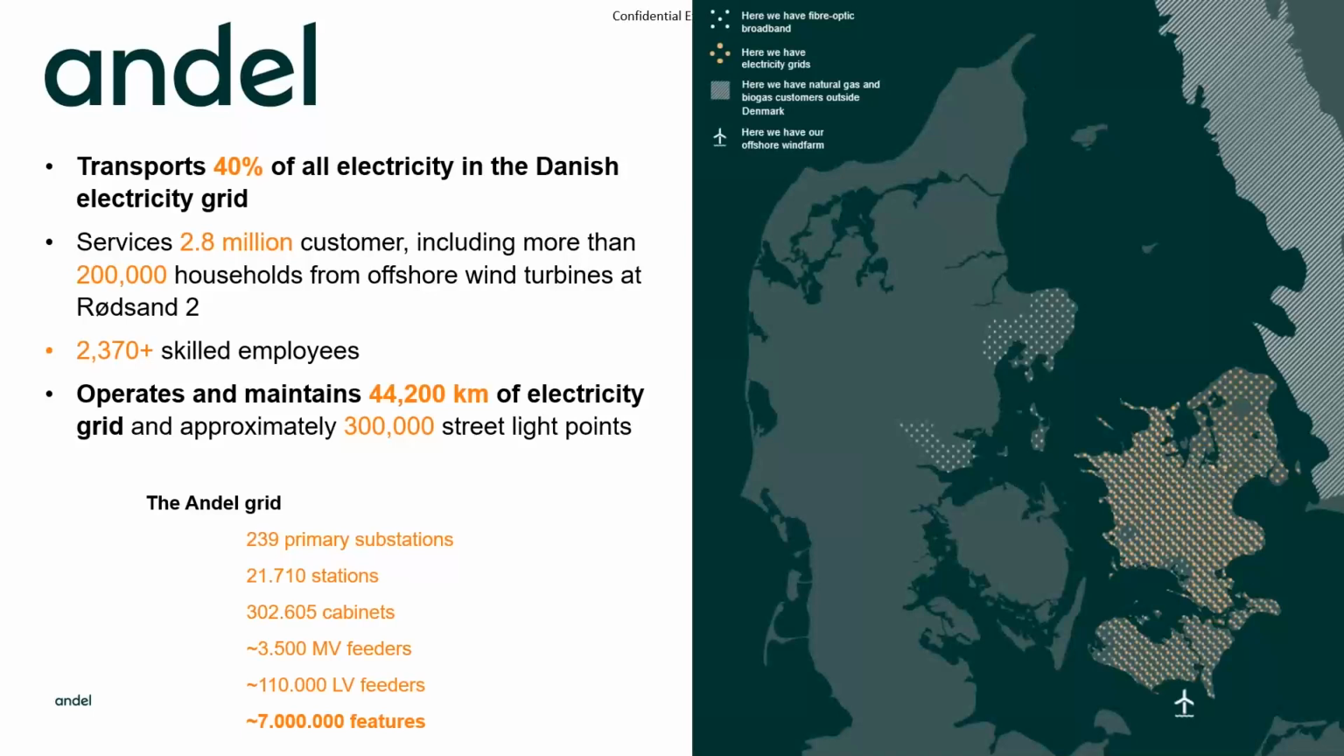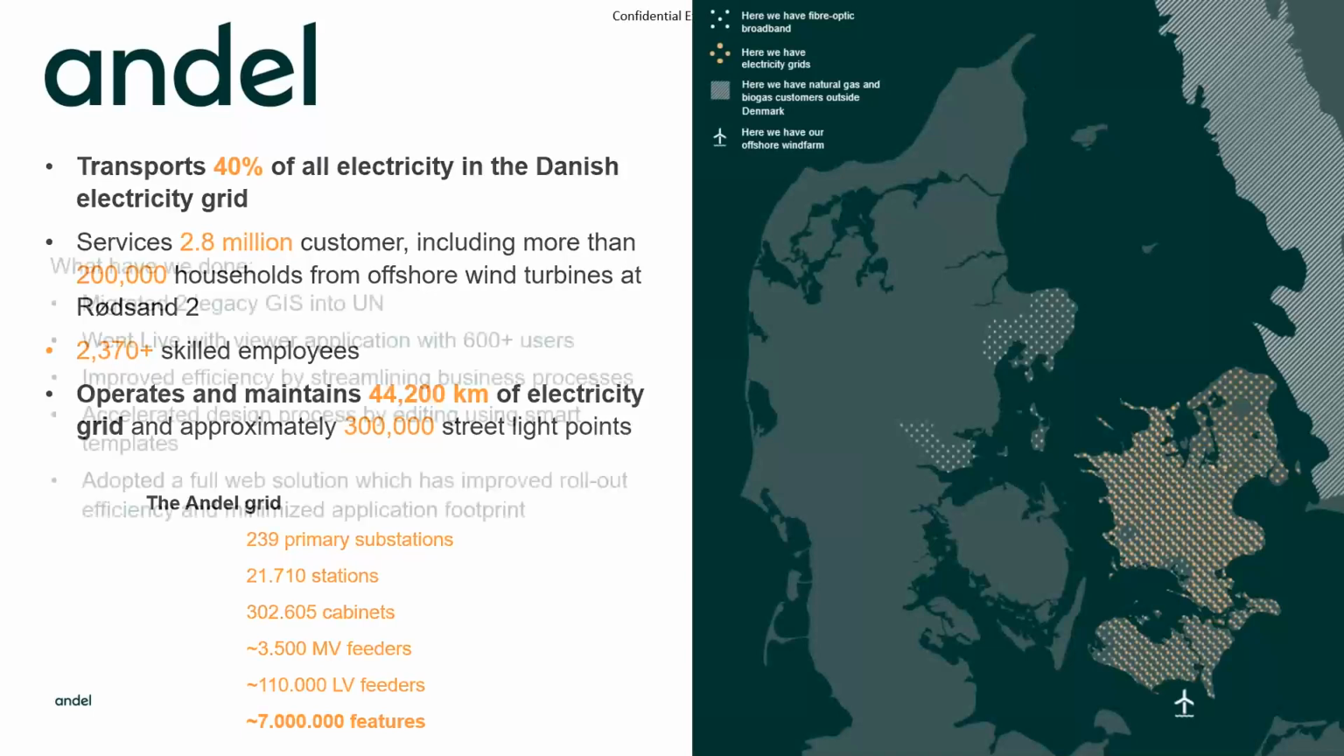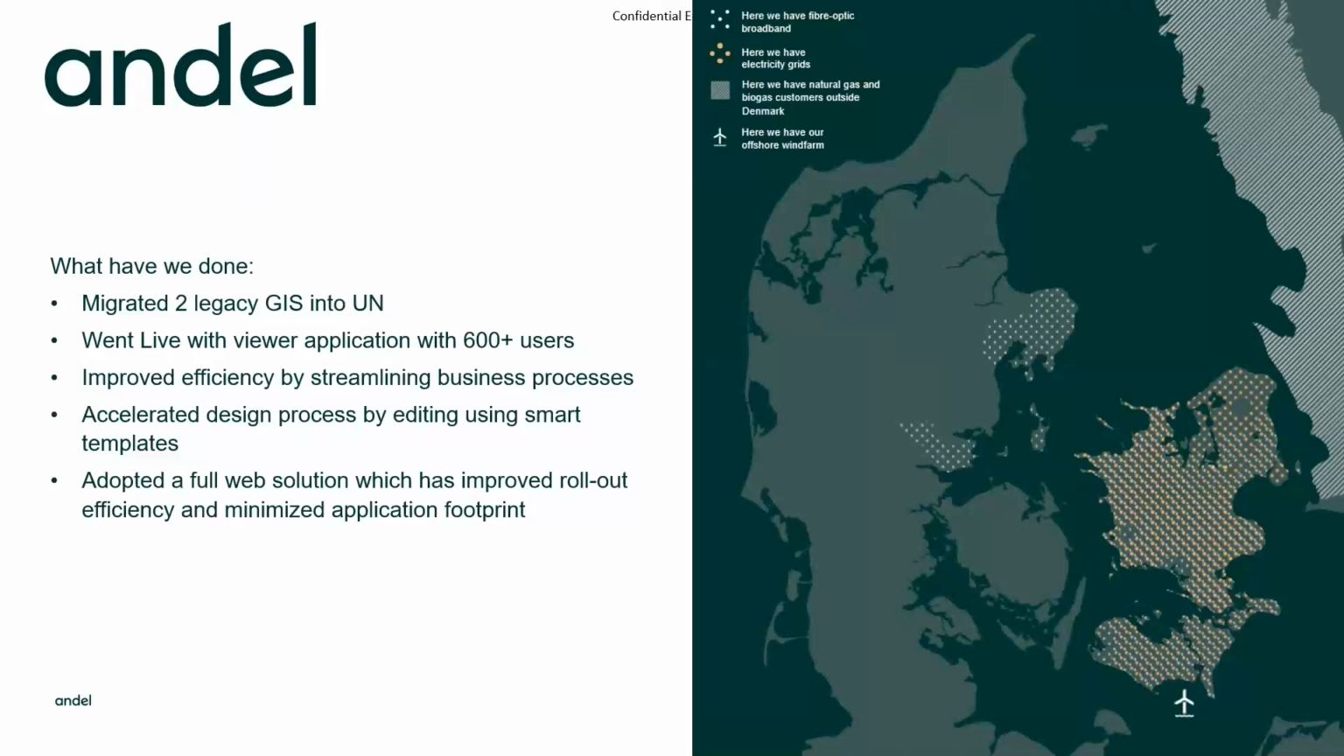So that is a really significant size of electricity grid. And you can see again that they're managing just over 7 million features, whether that be the 240-ish primary substations or the 110,000 low voltage feeders. So this is a large-scale, really complex grid that requires significant management to maintain correctly. So what Andel have been able to do on their journey towards the utility network is that they've actually migrated